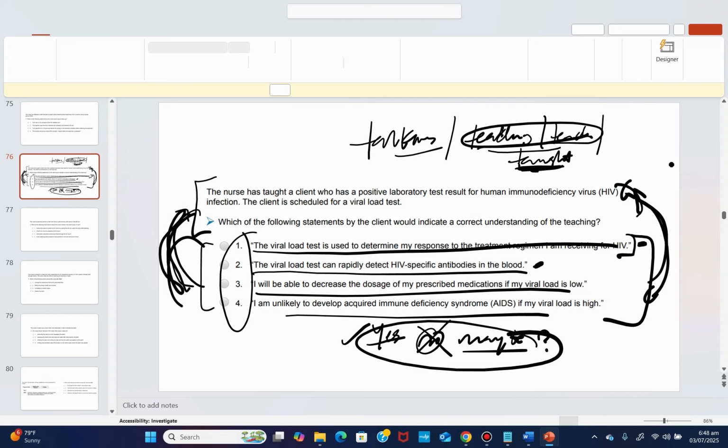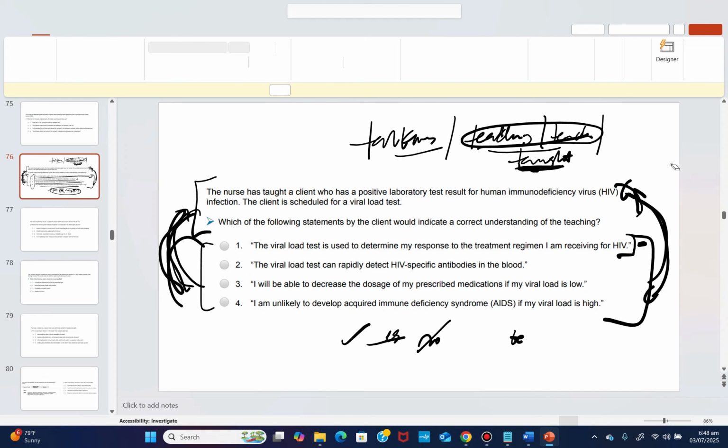Right, because most answers can be so clear that if you read all the answers at once, you can get it correctly. But there are some NCLEX answers that are not clear, where you have to take your time to think about each answer first. Right. So that's what I encourage you to do. So let's read the first answer now.